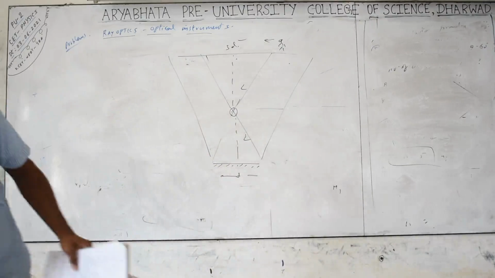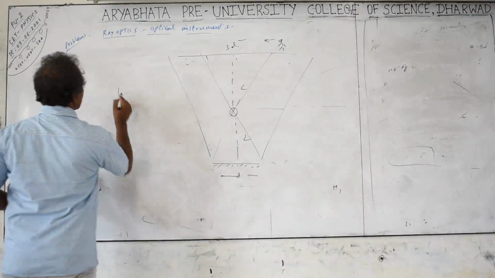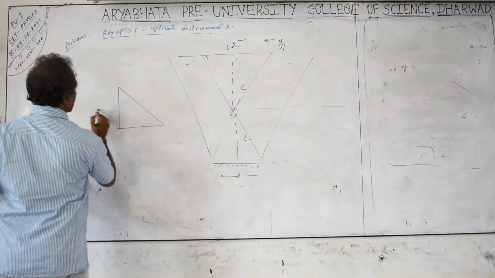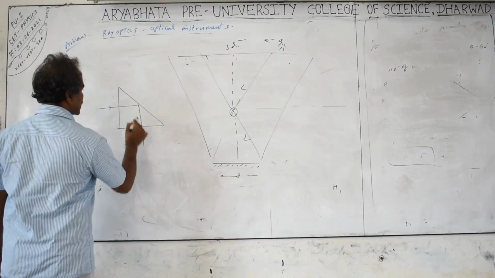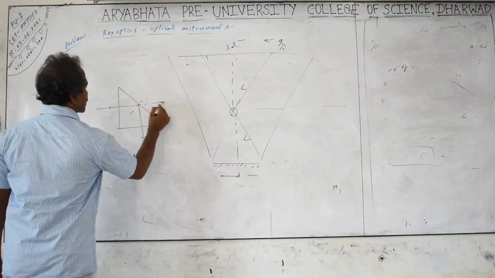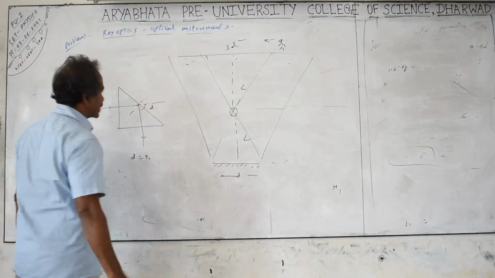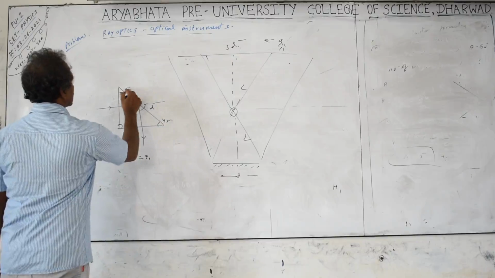Next some points. Right angle prisms. In the right angle prism, if the light ray falls normal to the first surface and comes out normal to the second surface, what is the deviation they will ask you? The deviation is 90 degrees. It is supposed to go straight but is deviated. Here it is the deviation. This is a right angle triangle, 90 degrees. This is 45, this is also 45.